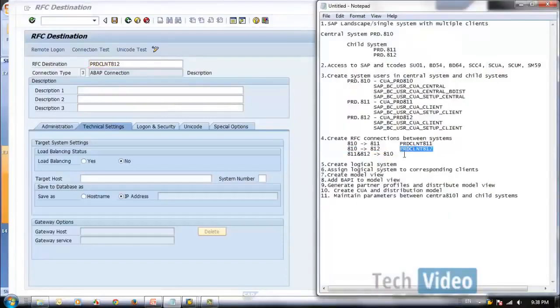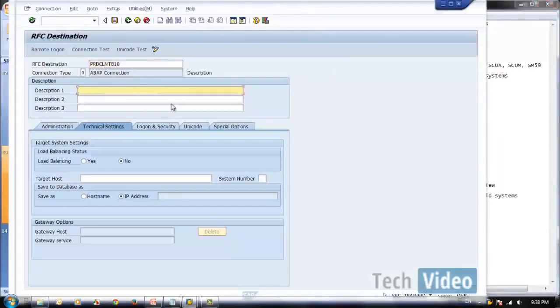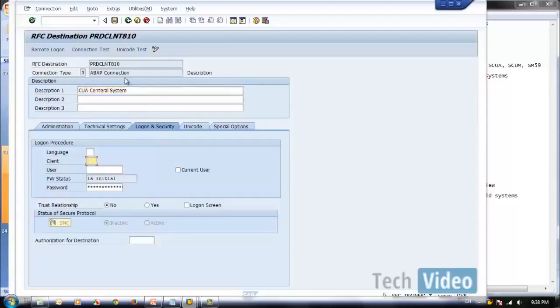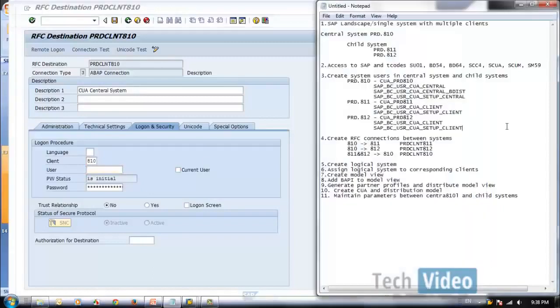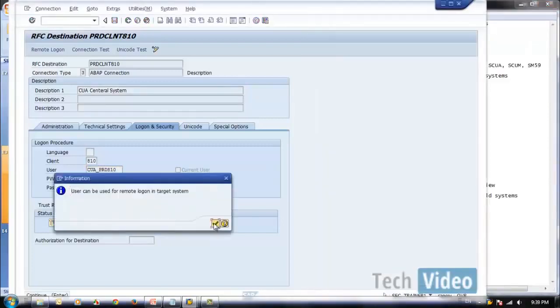This RFC name will be 810 CUA central system. 192.168.1.52, system number 00, client 810, and the user is 811. Save.